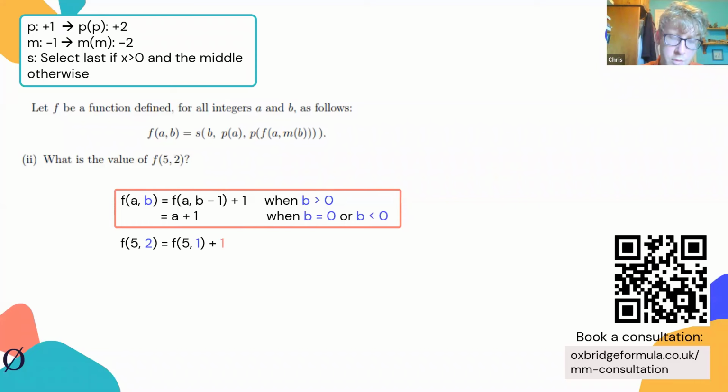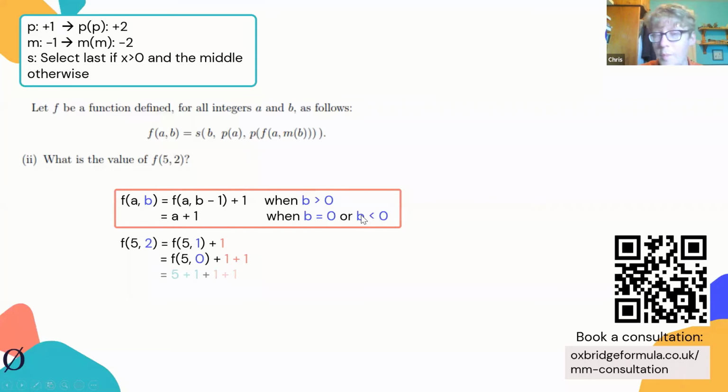So we plug in 5 and 2, and that means 2 is bigger than 0. So that means we're in the first line of our definition of F. So let's see, we do B minus 1, that's 1, and then we add 1 on the outside of the whole thing. Then 1's bigger than 0, so we do the first line again, and we get F of 5 and 0, and we've got another plus 1, and also the plus 1 from before. And now 0 is equal to 0, obviously, so on the second line,